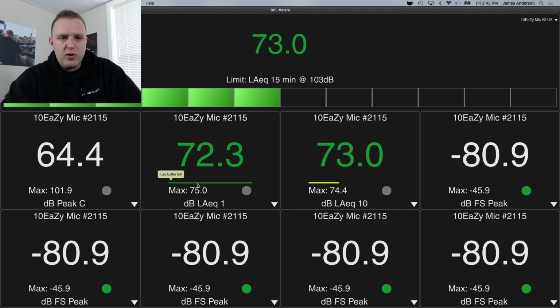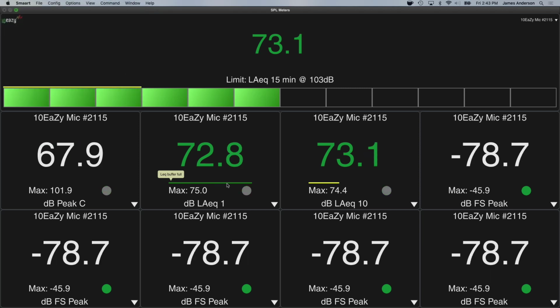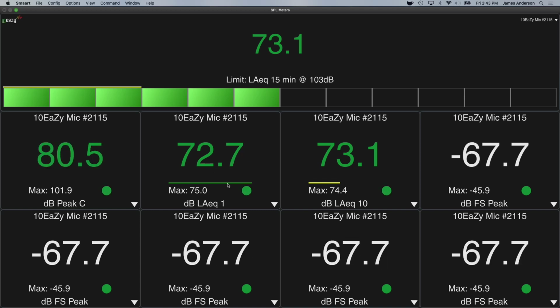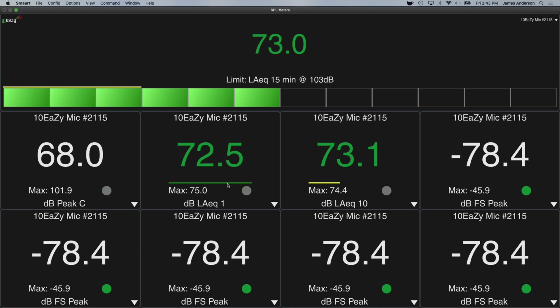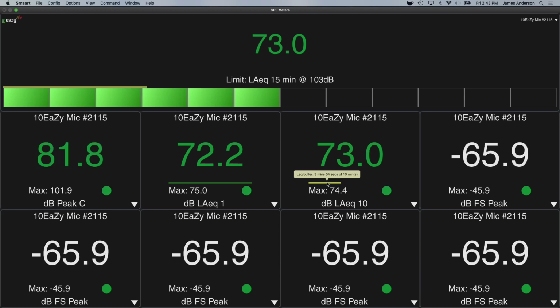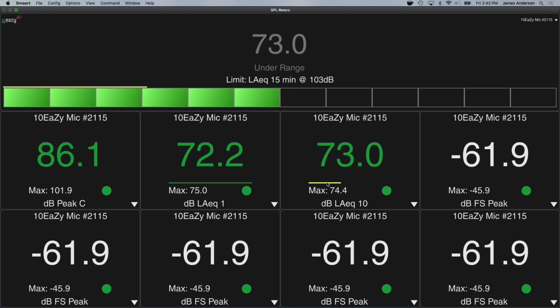So what this is just showing us is, have we filled up our LEQ buffer? In the case of 1 minute, has this SPL meter been running for a minute or not? This is an LEQ 10, and so we're still filling up our 10-minute buffer. Now,